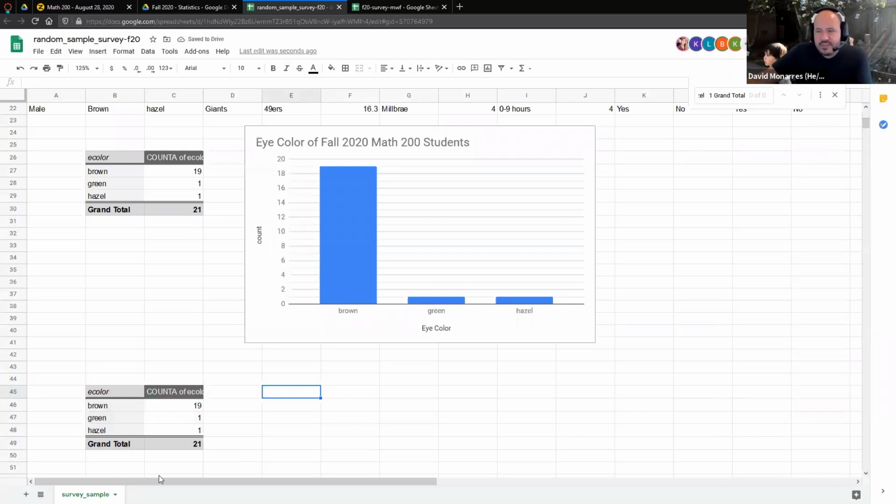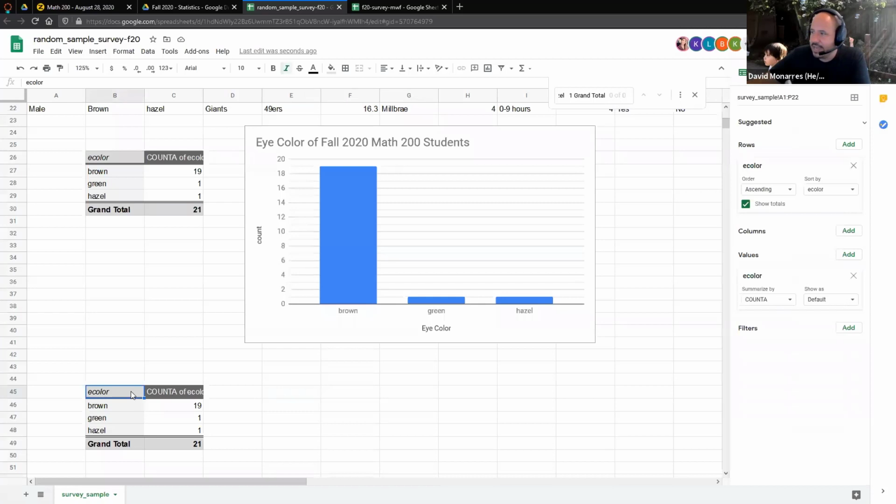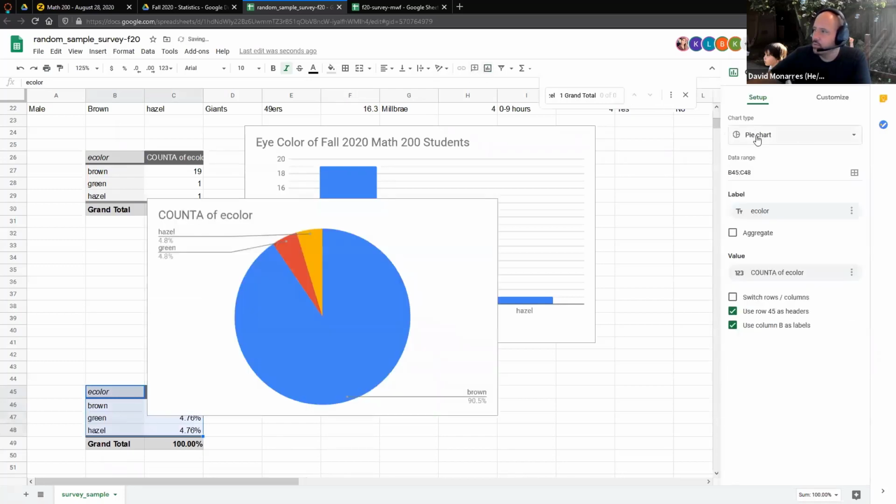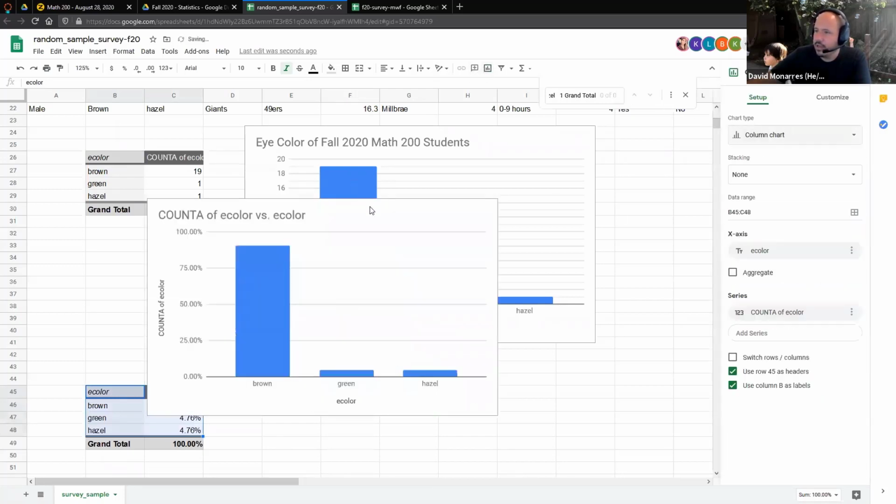And now the reason I'm just duplicating this is largely because I don't have to reselect everything. I'm using the same exact data, the same exact variable. The only thing I need to change is instead of show as default, I'm going to show as the percentage of the grand total. And now when I go to highlight this and insert my graph and pick my column chart,